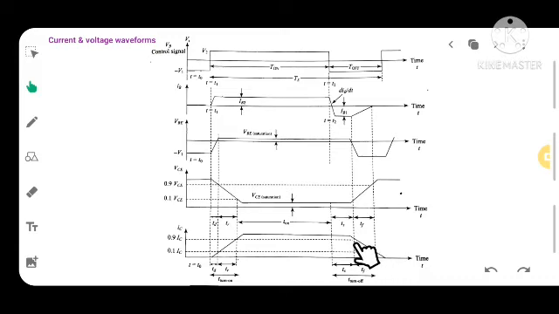You can see here the storage time. This is the storage time where the current is decreasing from this maximum value to 90% of IC.